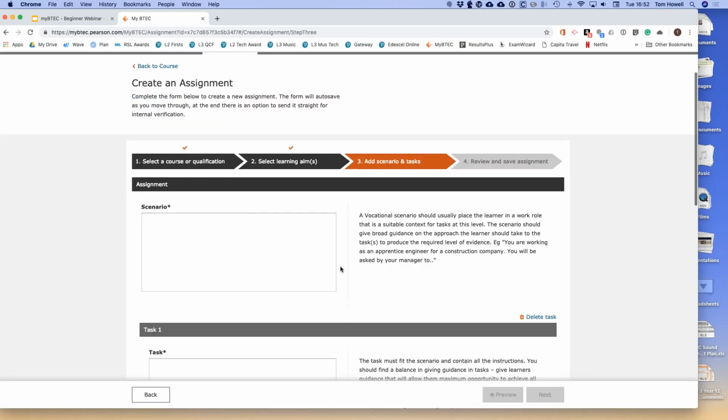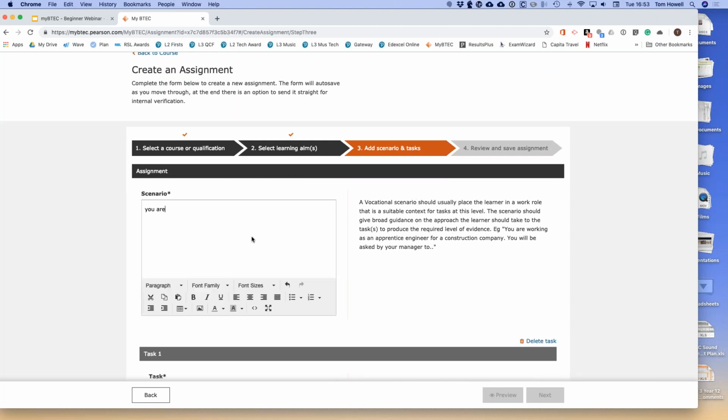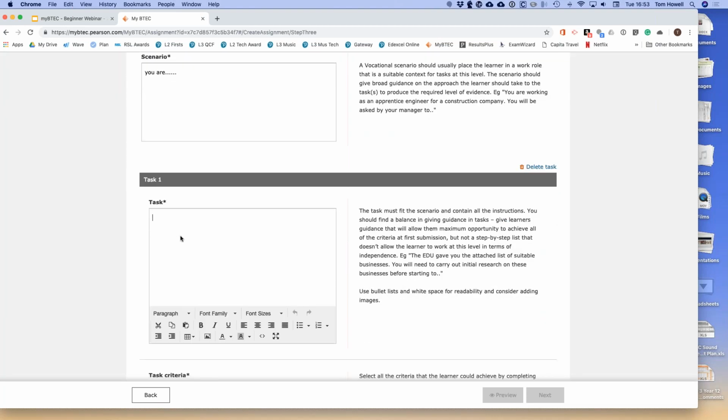Adding the scenario and task, I've got some guidance from the assessment team here as to what I need to do. So I'm not going to fill it all in, but I've got functionality there in terms of what they need to do. You must first, it tells me that a list is really useful, and adding some space for learners. That's in my